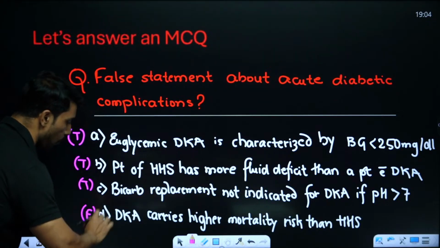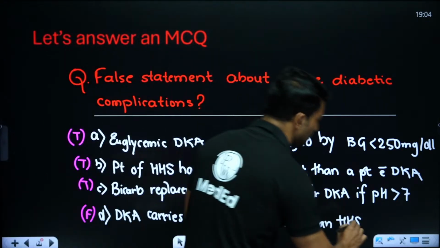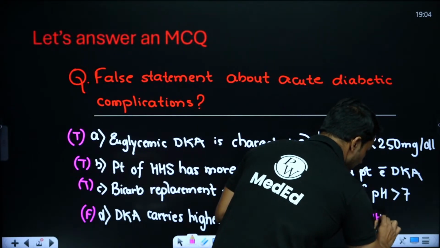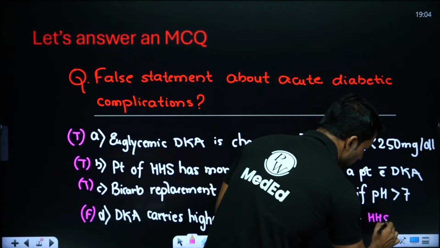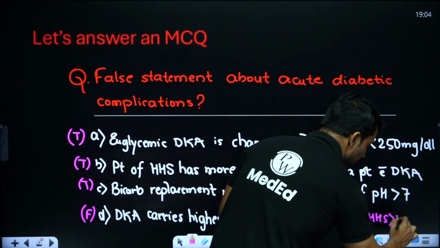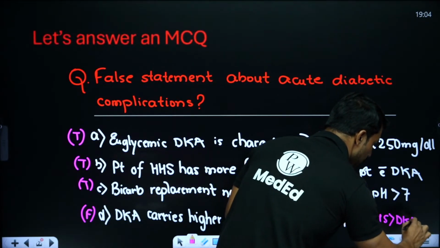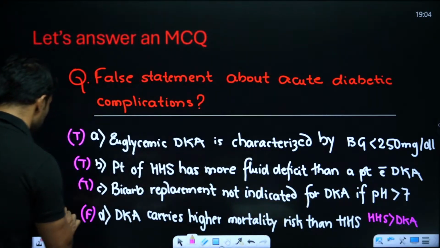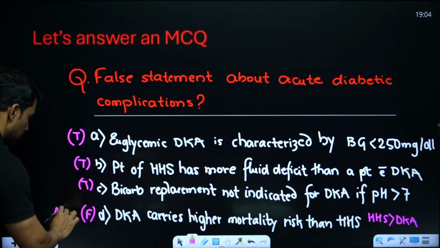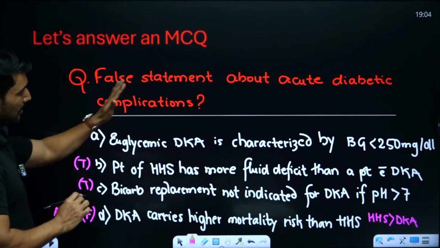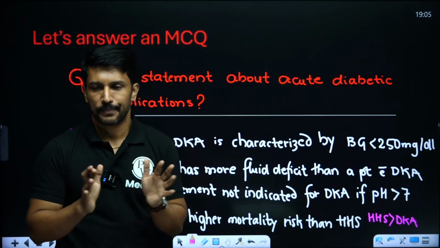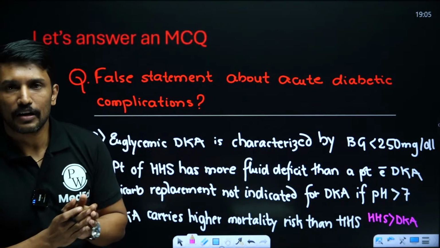So in terms of mortality, the hyperglycemic hyperosmolar state carries higher mortality than diabetic ketoacidosis. So the answer for this question will be option D. It's a false statement. All other statements are true. Okay. Pretty good. So let's start with the